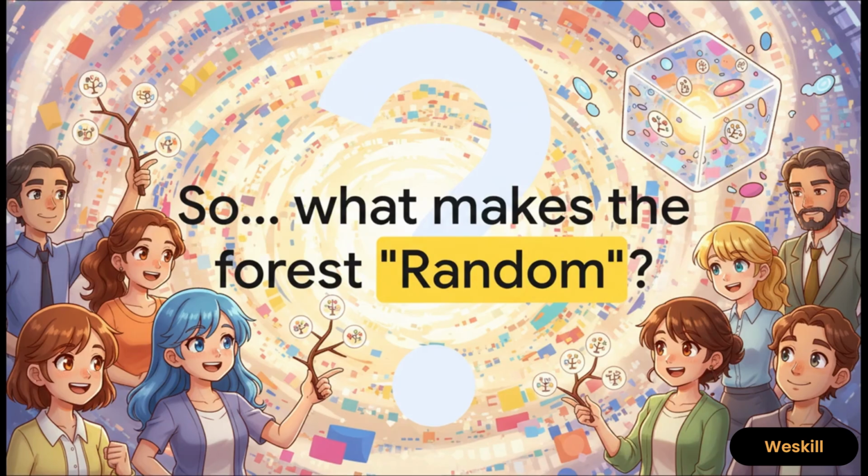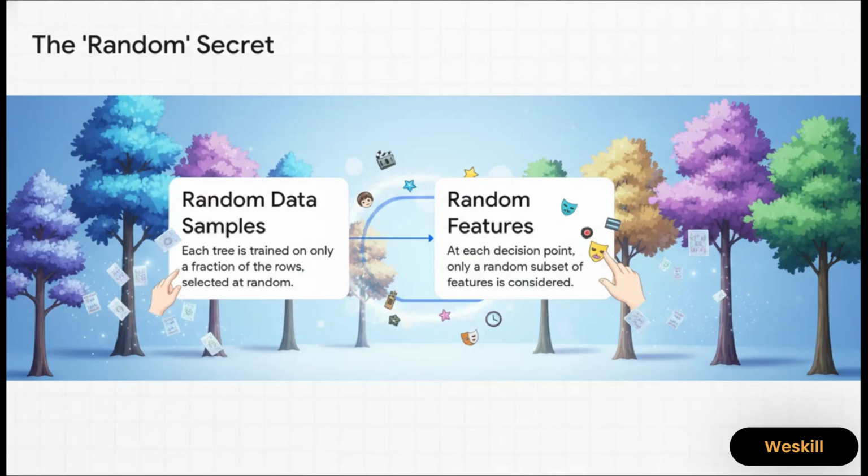Okay, but that brings up a really good question. Why isn't it just called a decision forest? That random part, that's the secret ingredient. It's what gives this whole algorithm its superpower, and it actually comes from two very specific types of randomness. This is exactly how the algorithm makes sure all its little decision makers are diverse, just like your group of friends. So first, each individual tree only gets to see a different random chunk of the overall data. There's a technical name for this: bagging, but that's all it is. And second, at every single question it asks, the tree only gets to consider a random handful of factors. So one tree might only get to ask about the director and genre, while another can only look at the main actor and the movie's runtime. This two-part randomness is key. It makes sure our trees don't all have the same biases.